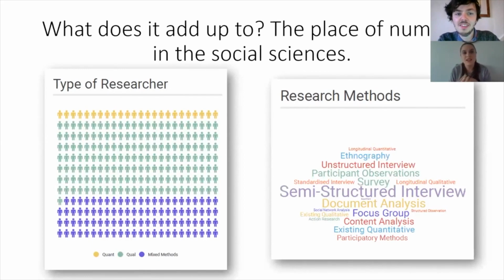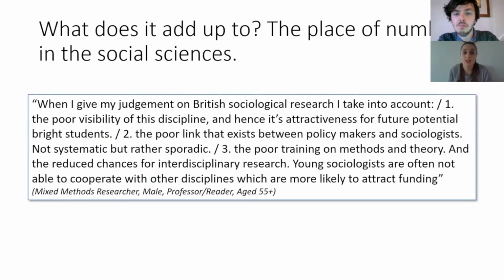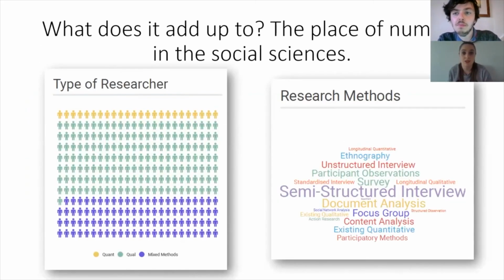Okay, so we're going to start by talking about my research. So I've called this "What does it add up to? The place of number in the social sciences." And my research has really looked at the different methods that have been used in the social sciences to undertake research. And I've been really interested in this presentation just to talk to you about what's being used in British